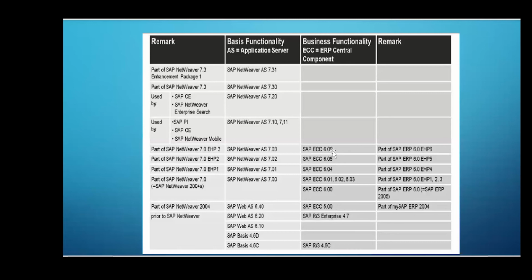Yes, it's a two-tier architecture and then three-tier architecture. Good. So when you say two tier, three tier, what is the real meaning behind that? What is a two tier and what is a three tier? Like in two-tier architecture, development and quality are in one system and then production is in another system. In three-tier architecture, we have separate development, quality, and production. Development, quality, and production is just for your convenience.